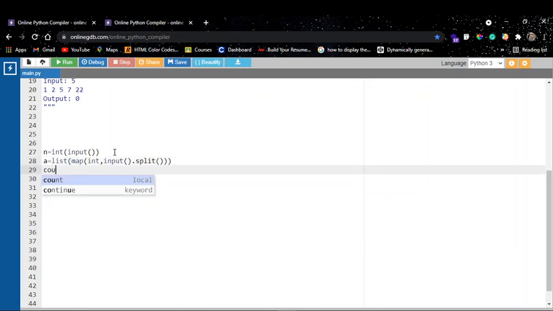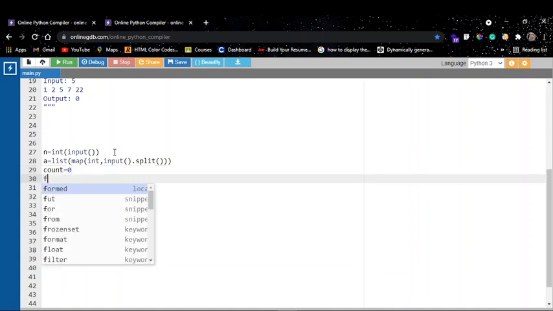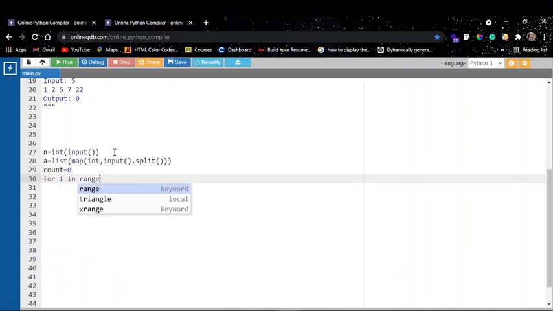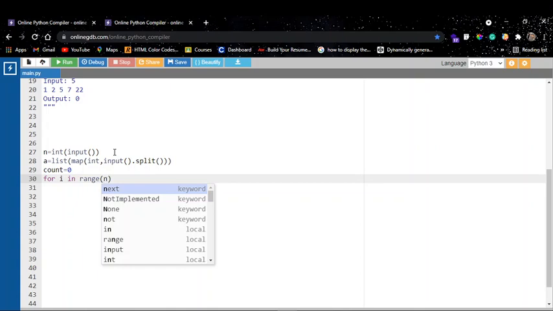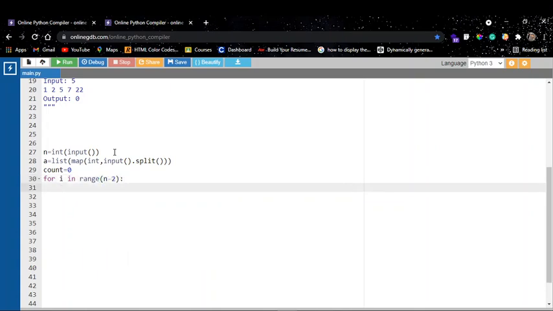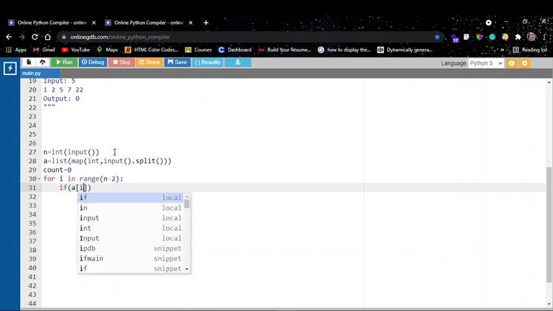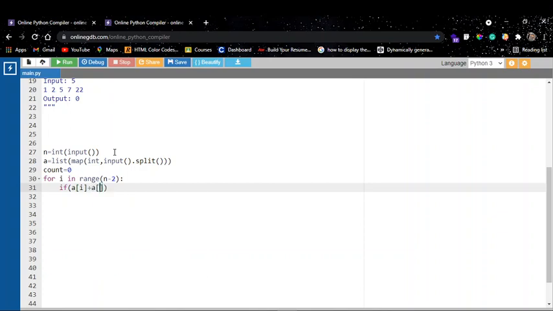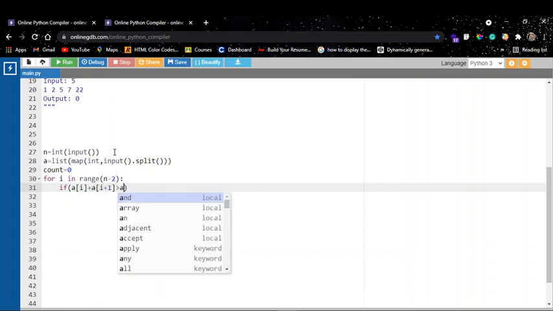Then I'm gonna declare the count value as 0, for i in range of n minus 2. Since I'm gonna check three elements at a time, I'm gonna consider only until n minus 2. So if a of i plus a of i plus 1 is greater than a of i plus 2,